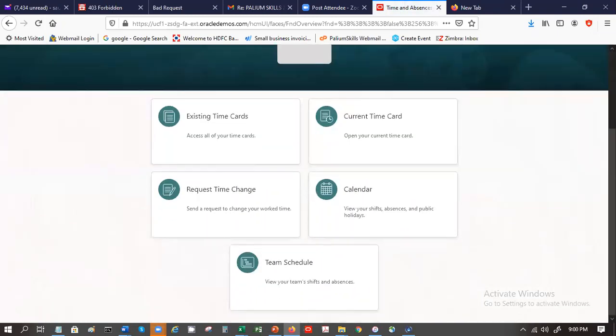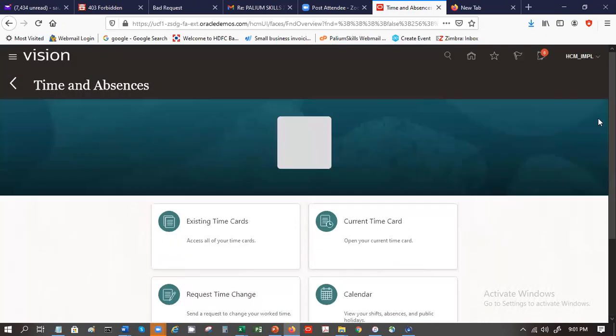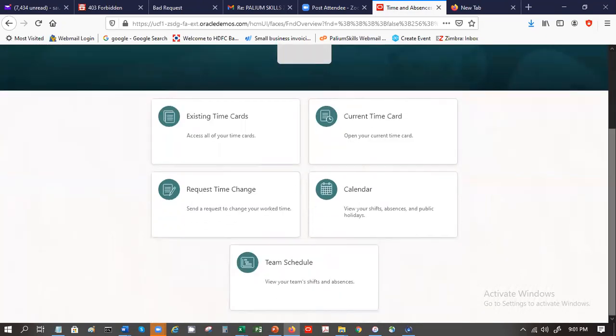Scroll down, you will see request time change or current time card, time calendar, team schedule. So based on all of this, you can see different actions here and time and absences. So this is the calendar. You can view the shift, absences, public holidays.